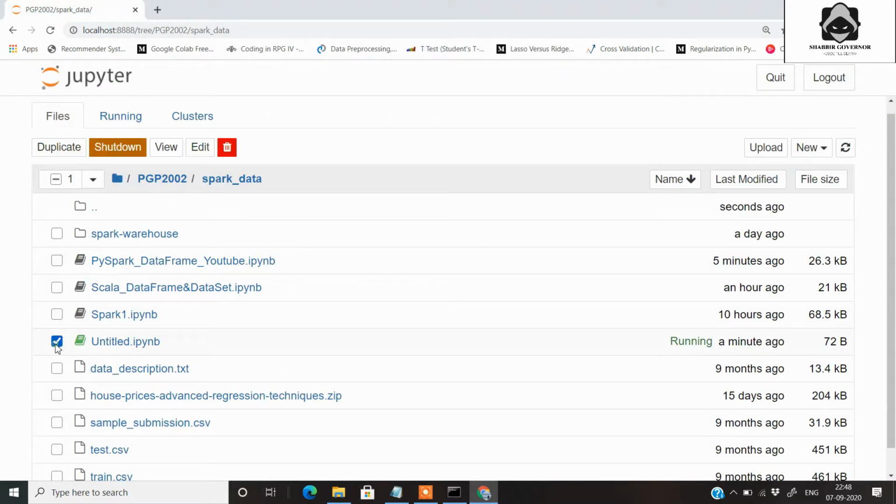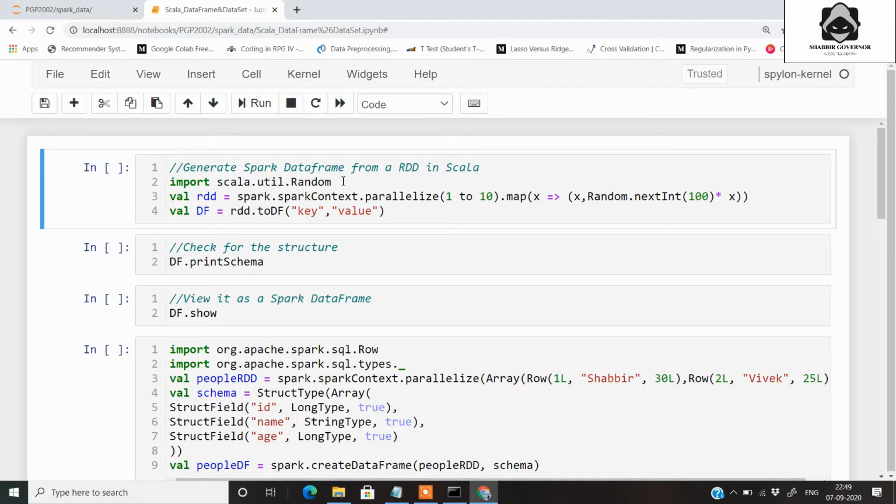I have already created a file for you in Scala to work on data frames and data sets. Let's open it. Firstly, we will try to generate a data frame from an RDD in Scala. You need to import this random module because we will be using this random module in the map function in this example. We have a value called RDD. This is one variable that I have declared, and using the Spark context, using the parallelize function, we will be converting this RDD from 1 to 10.